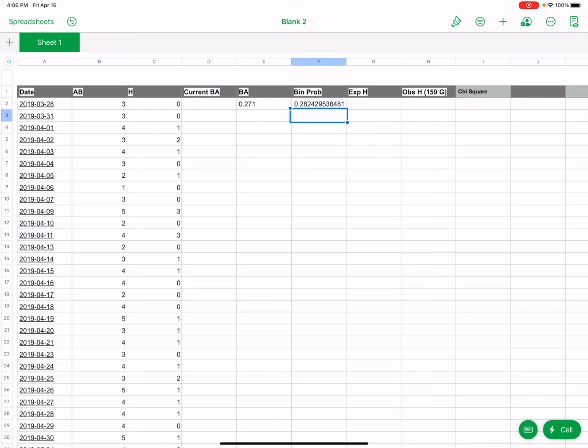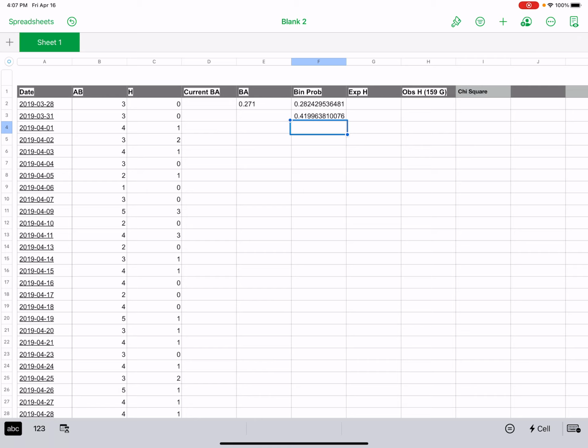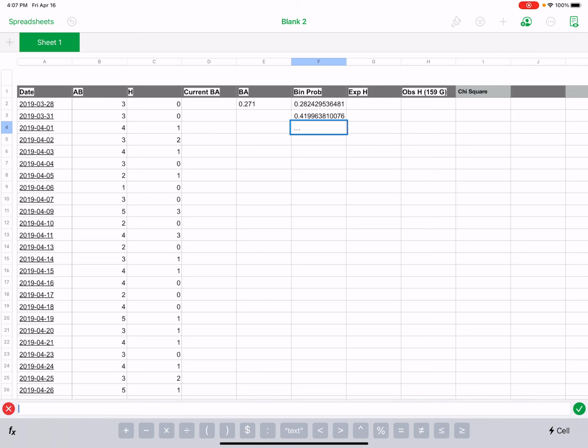Okay? Now, what's the probability that he goes 1 for 4? That's going to be equals 4 times his batting average raised to the 1 times 1 minus batting average raised to the 3, right? Because he had 1 success and 3 outs. What if he goes 2 for 4? What's that probability, right? Well, that's going to be 6 times batting average squared times 1 minus batting average,